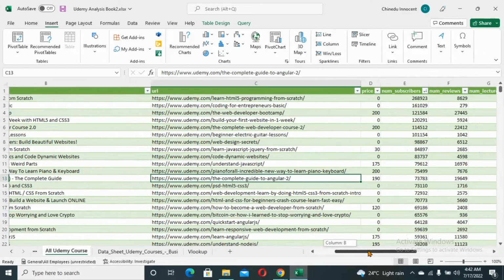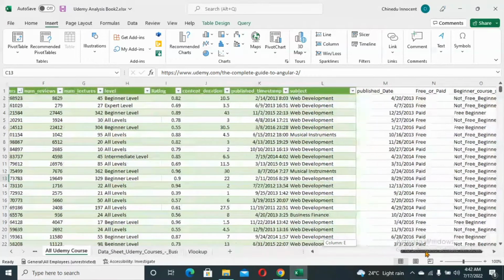If you're looking at this sheet now, you notice that we have two tables here. This one that we generated from the Power Query, and also the one that we used our formula to do. These are two different tables, so I want to join them together. I will first of all go to Table Design,